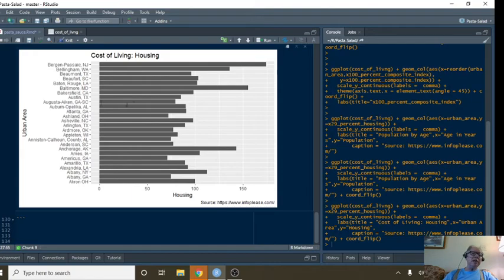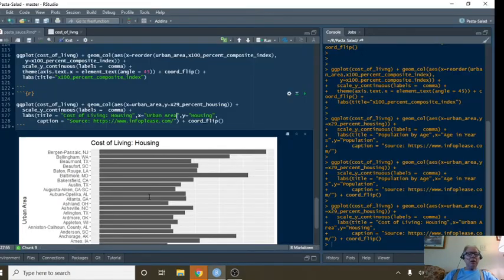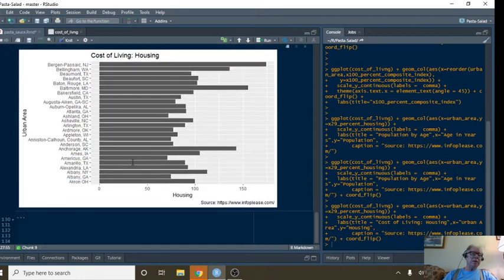Okay, so now you can see, in less than 30 minutes, we just did this. We grabbed some data, scraped some data from a web page, and